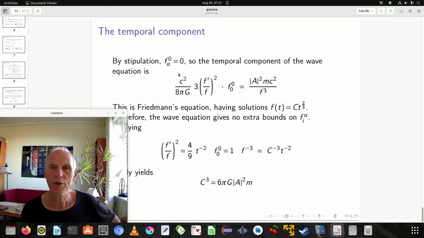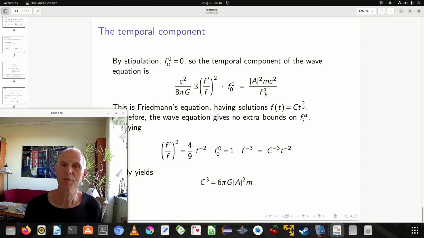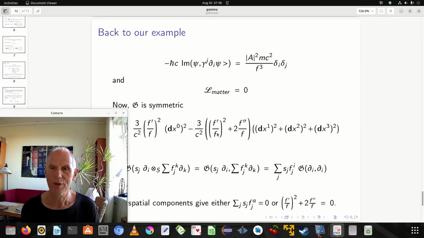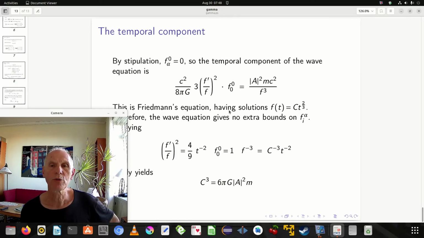The temporal component, that's interesting. That turns out to be Friedmann's equation. So we know that we are in this situation, and that means that this coefficient vanishes as well. The point is that we have absolutely no conditions on the spatial components or the spatial parts of the gamma. Any combination giving the right metric tensor will work according to this theory. However,